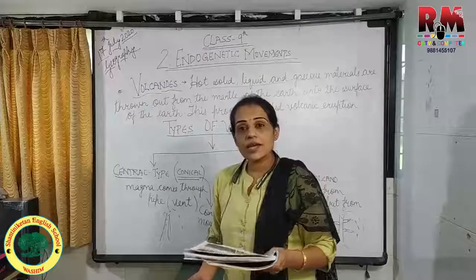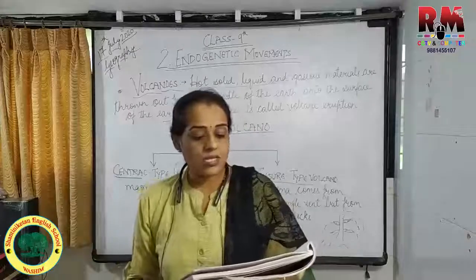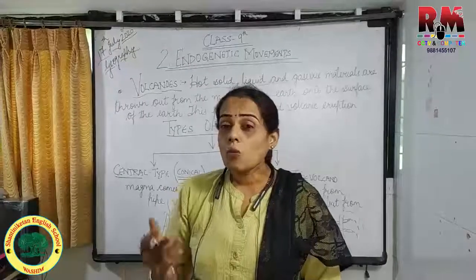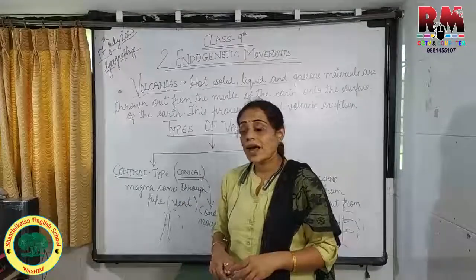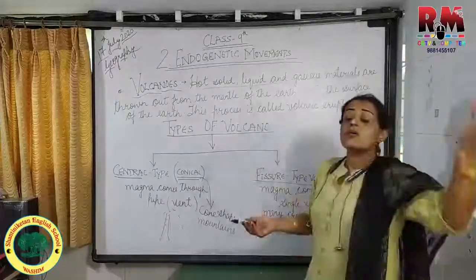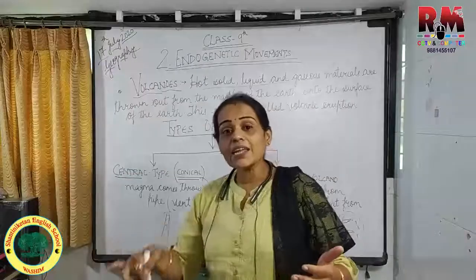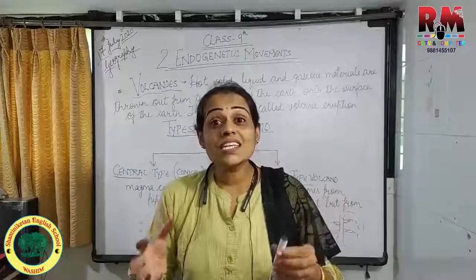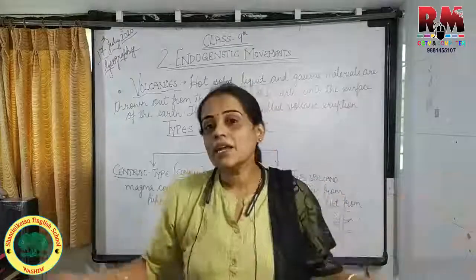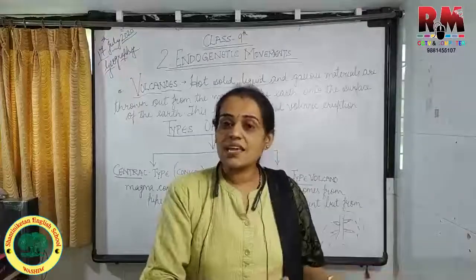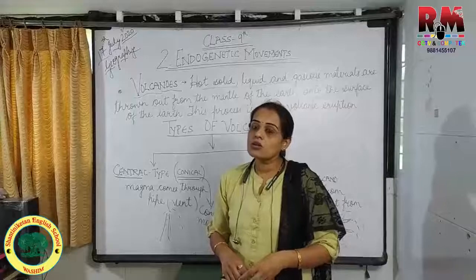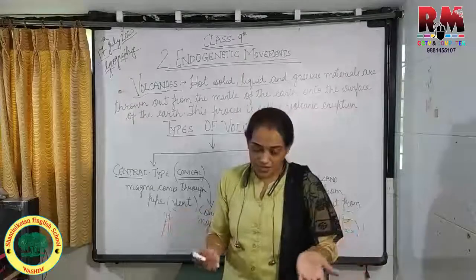Land may become fertile due to volcanic ash. Many minerals are found near the Earth's surface because of lava. As it is said, this solid and liquid material comes out from the mantle, from the interior of the earth. All these minerals are coming onto the surface of the earth. So many minerals, which are inside our earth's crust, we get. So many minerals are found on the surface of the earth when the lava erupts.